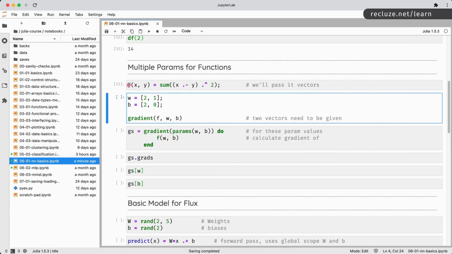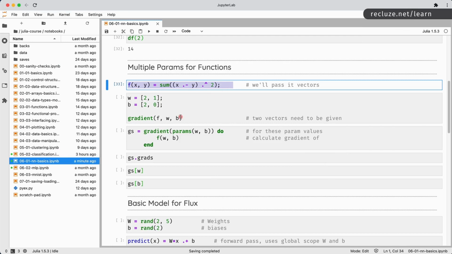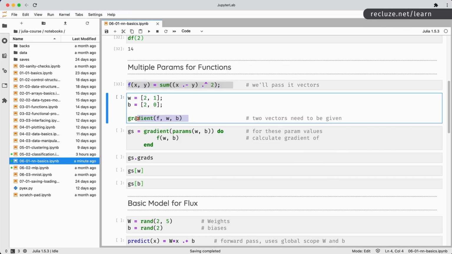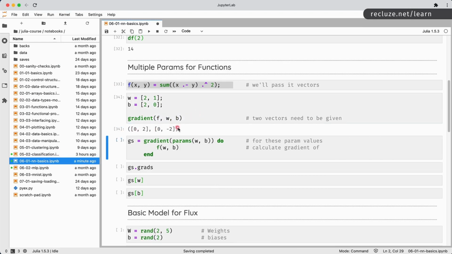So the function is this guy over here. So this is the forward pass, and the backward pass is the calculation of gradient with respect to each different value. So we are going to do that and we get 4 different values. So what this is saying is the gradient or derivative of f with respect to these two values. And because these are vectors, we are going to calculate the derivative of f with respect to w when w1 is equal to 2. So that is this 0. When w2 is equal to 1, and that is this b1 and b2. Okay. So all of these are calculated automatically for us.